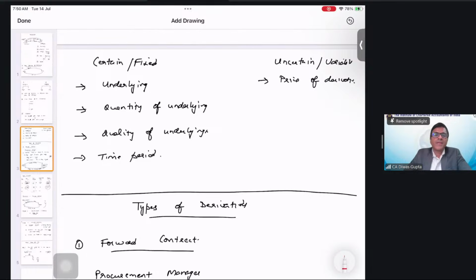There are fixed and certain positions, and there are certain uncertain or variable positions in a derivative, right? What are the fixed things? The underlying is fixed. We are talking about only this as an underlying. The quantity of the underlying is also fixed. The quality of the underlying is also fixed, and the time period, students, right? So these are certain things which are fixed. What is uncertain? The uncertain is about the price, which keeps on changing, which is dependent on the value of